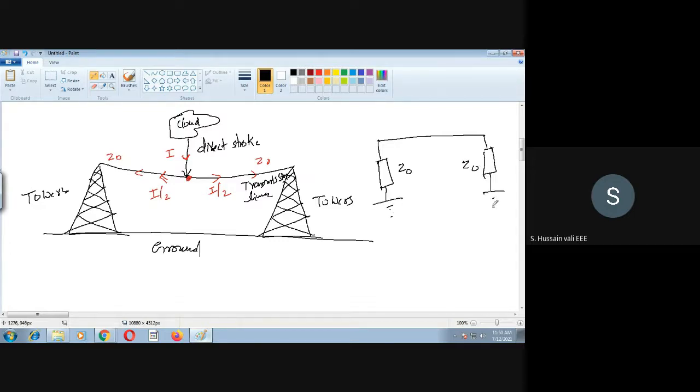Now obviously it is grounded generally. So now what you are doing here is that there is a lightning strike at this point, and it is carrying how much current? I amount of current is carrying here, so it will get divided into two parts, I by 2 and I by 2. Okay, I by 2 and I by 2. Then what do you find out here is that